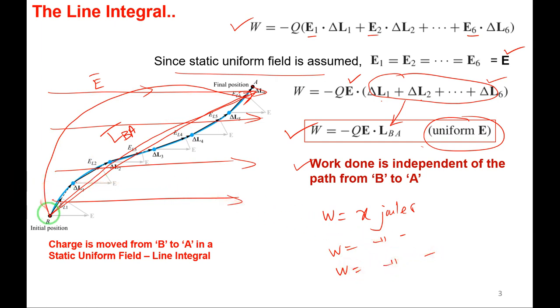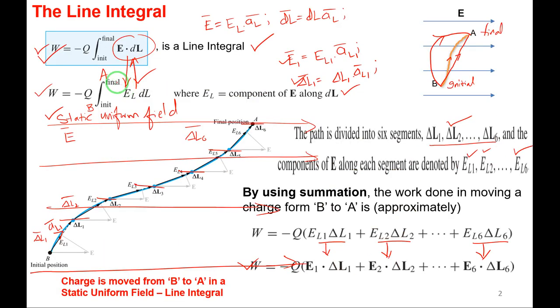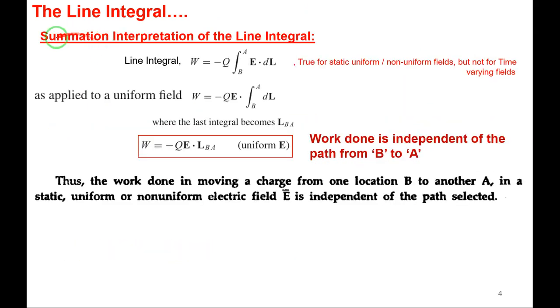So the work done in order to move the charge from one position to another position in a static uniform electric field is independent of the path chosen, whether it may be a curved line or straight line or circular arc, something like that, right? Okay, we will solve a few numericals based on this and we will prove this statement. Before solving the numericals, we have already seen we can replace this integration and look at it as a summation. We will see that in the next slide, the summation interpretation of the integral, right?